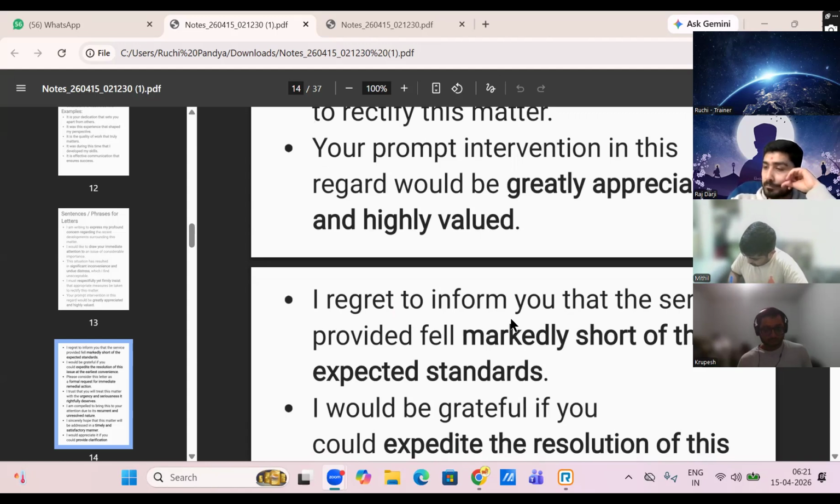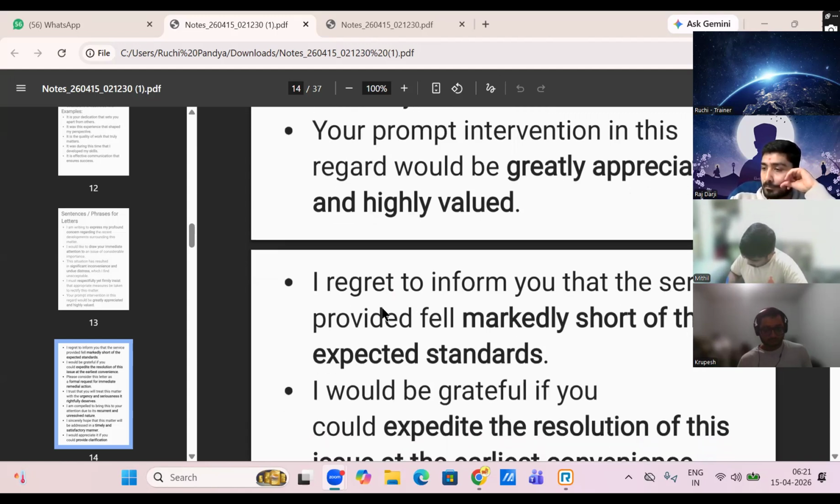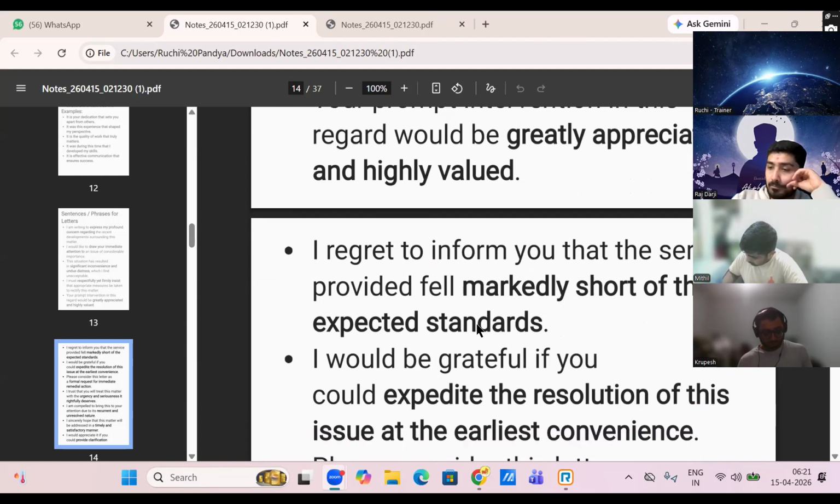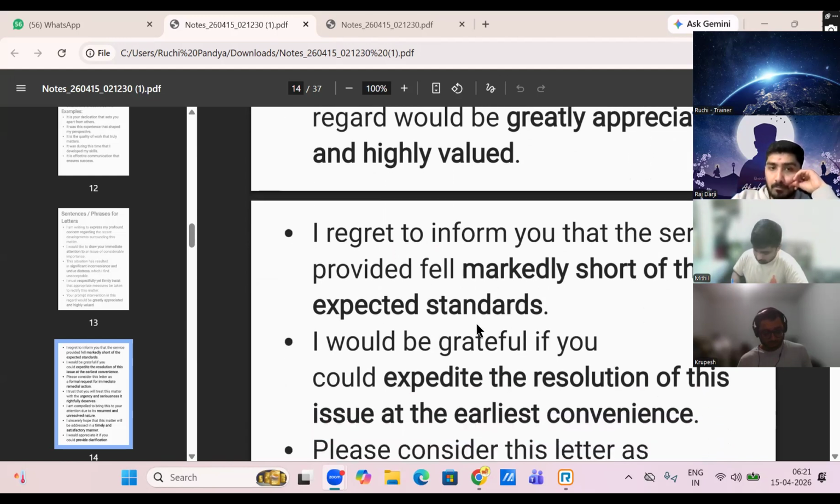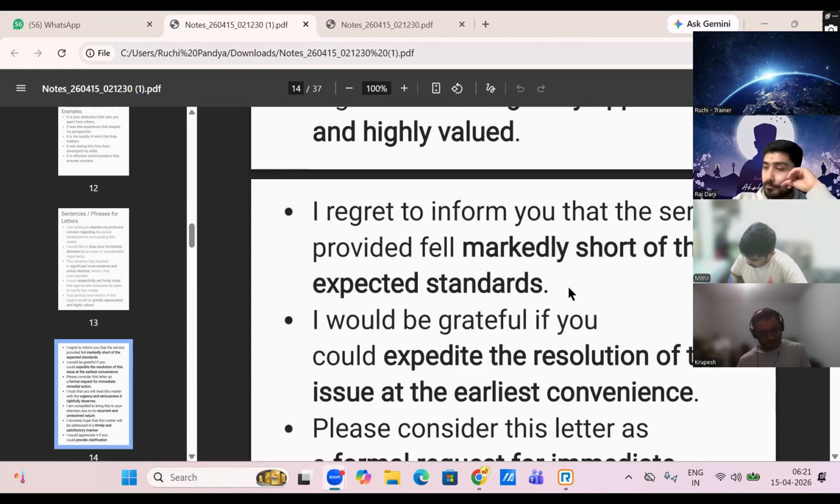I regret to inform you that the service provided, मुझे आपको ये बताते हुए निराशा हो रही है कि जो सर्विस प्रोवाइड किया गया था, वो जो एक्सपेक्टेड स्टैंडर्ड था उसके सामने काफी शॉर्ट पड़ गया।